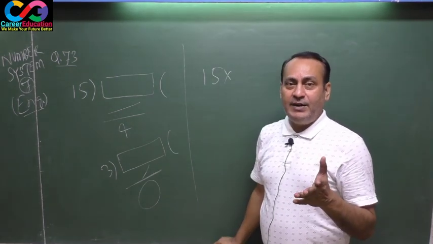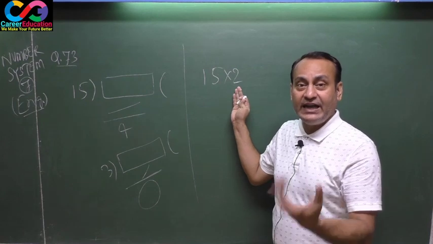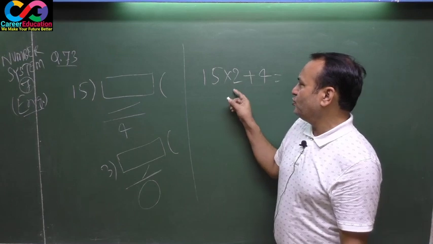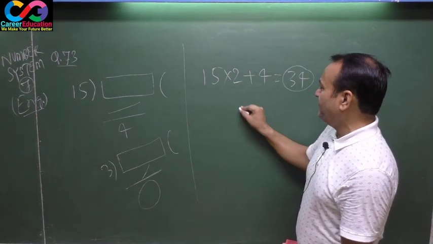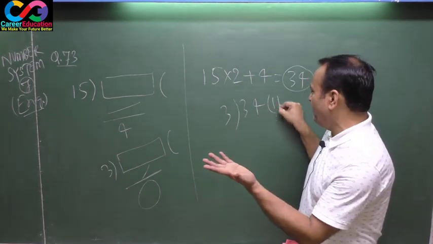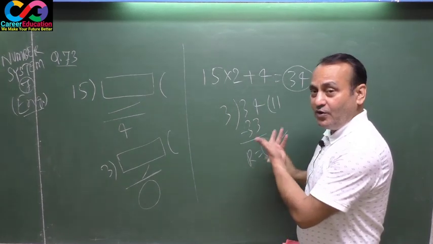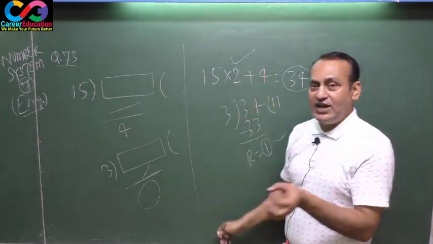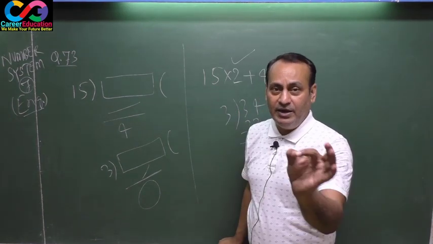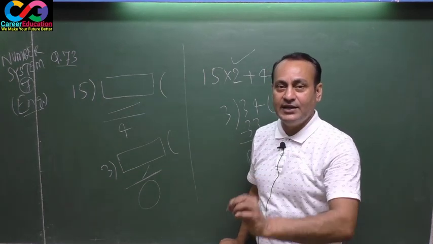If the number is divided by 15, the quotient may be 2 as well. This may be 100 as well, 1 lakh as well, 5 lakh as well. Plus remainder 4: 15 twos are 30 plus 4. This is your number, and the question asks that this number be divided by 3. What will be the remainder? 3 elevens are 33. Again see here, the remainder is only 1. That means here the quotient may be either 1 or 2 or 3 or 4 or anything, the remainder will always be 1. That means this is your definite and correct answer. Note down.